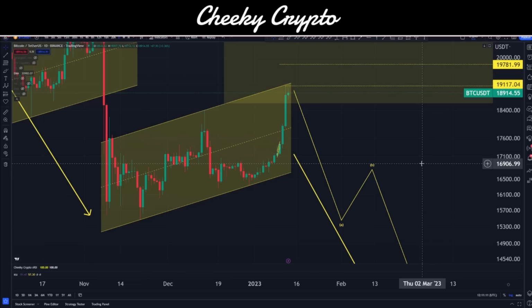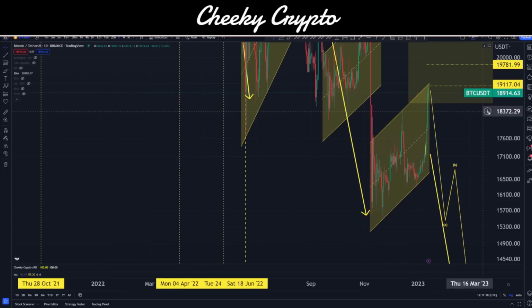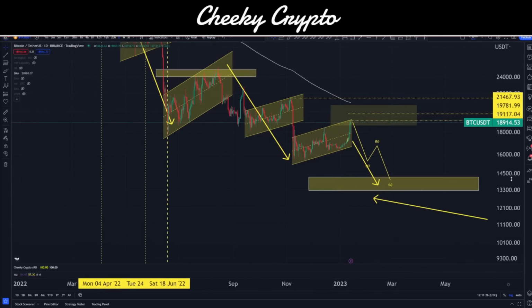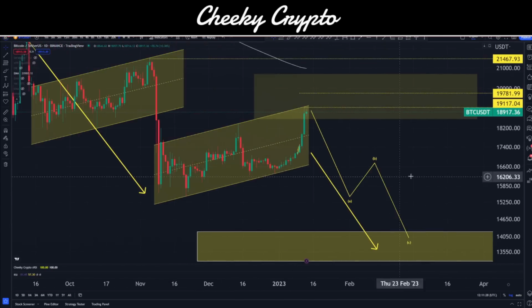Right, let's talk about this. We've got the parallel channel going to the upside here, and again, higher highs, higher lows have a tendency to break to the downside. We speak about this all the time. Here's a bit of history on that. Higher highs, higher lows, breakdown, higher highs, higher lows, breakdown, higher highs, higher lows, breakdown, and so forth. We're in nothing too dissimilar, same kind of concept right in here.